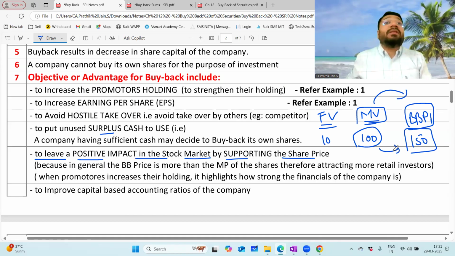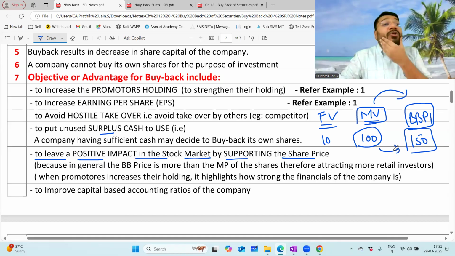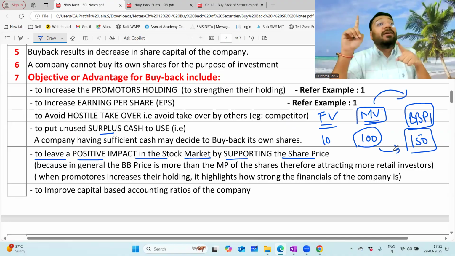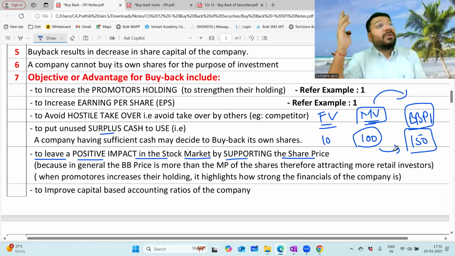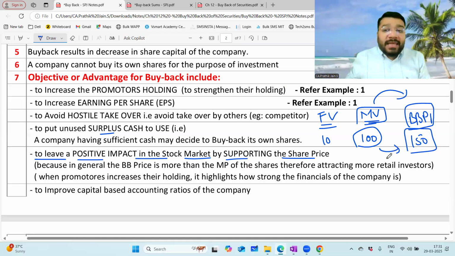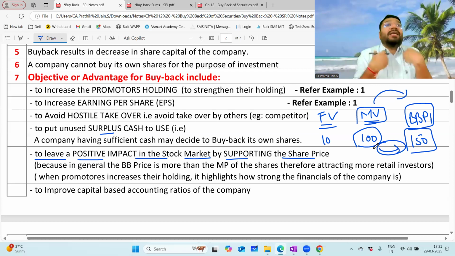This rate should be so attractive that the shareholder thinks, even if I wait for 1 year, the share price is not going to increase to 150. It can maximum go to 125 or 130, when this company is offering 150. So what is the advantage for me? Selling the shares to the company itself is an advantage because I am not